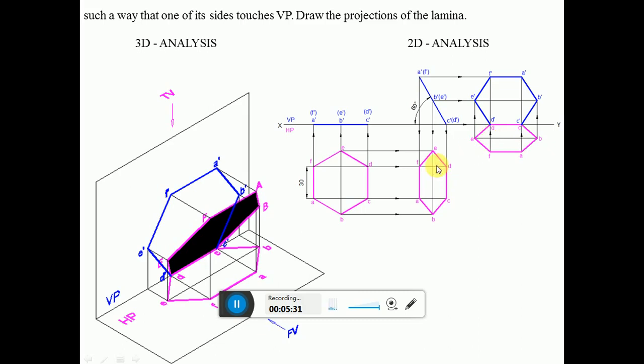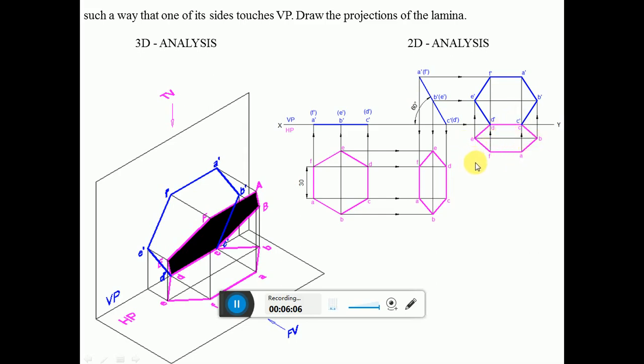Since this distance is equal to this distance, from the same point you draw a horizontal line here. Then measure the length from this point to E. Since you are rotating in an anti-clockwise direction, E will come on the left side. So by using the compass, you measure from here to here, and from this point you cut it to get the point E. Then from this point to B you mark this using the compass. Similarly from here you cut this to get the point B. Then join A, B, C, D, E, F, which is a hexagon.